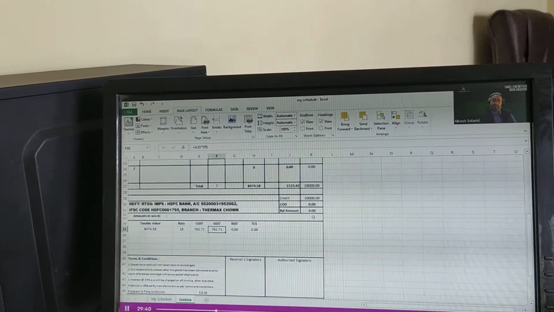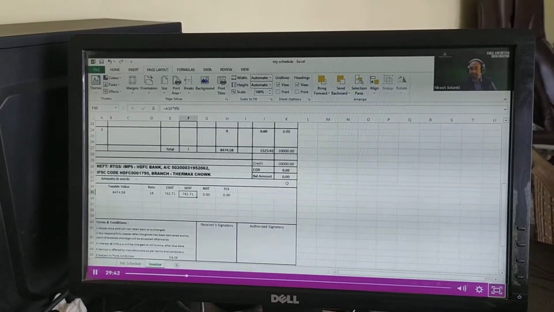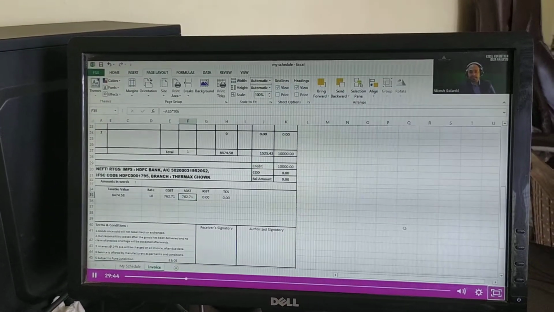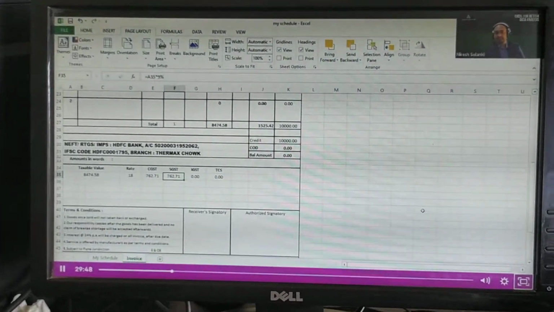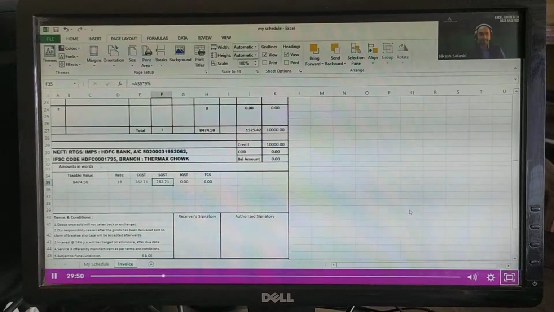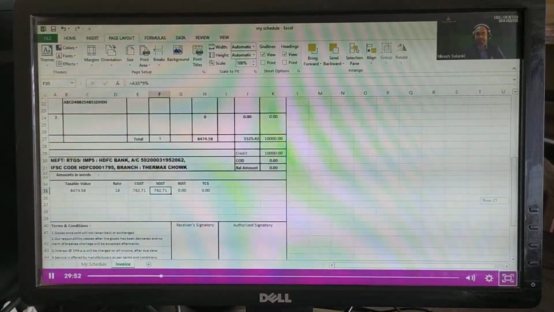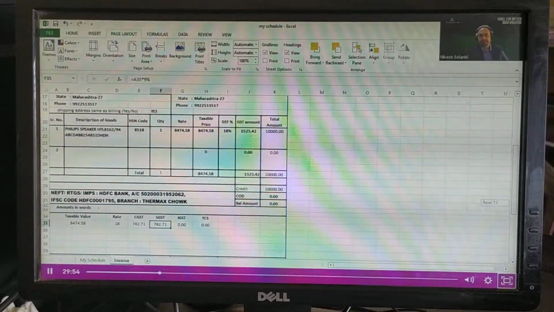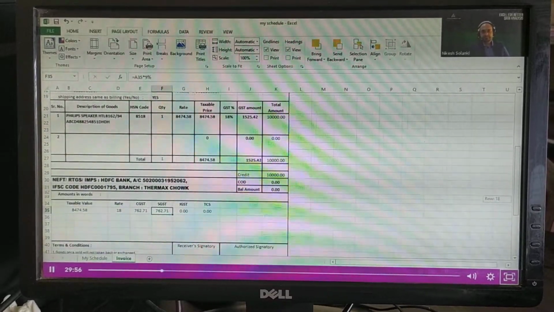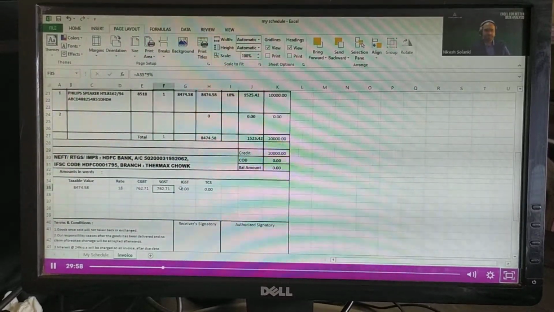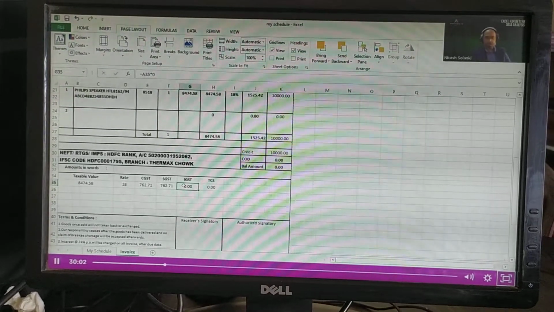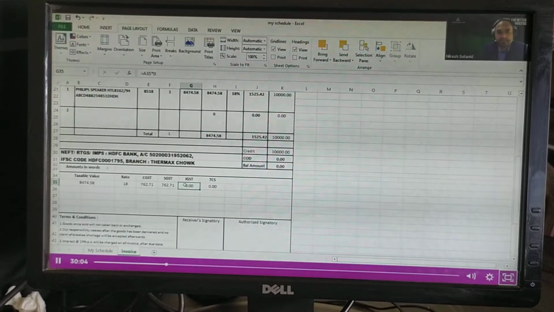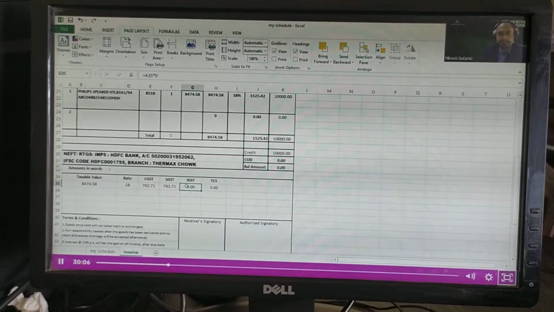But if the seller is from Maharashtra and the buyer is from, say, Gujarat, IGST has to become 18%. So how do you do that? Did you get what I just told? No, sir. No? Okay, no problem. Anyways, I'm going to explain that to everyone now.